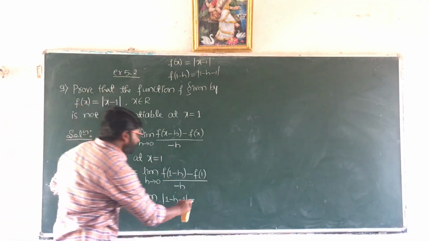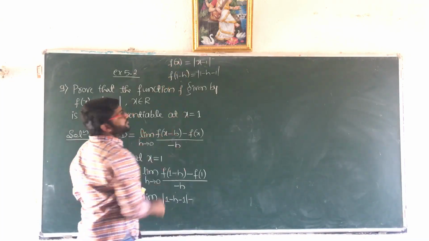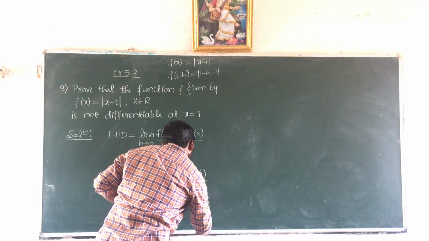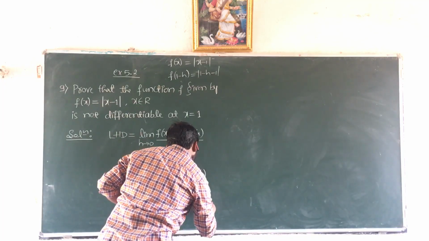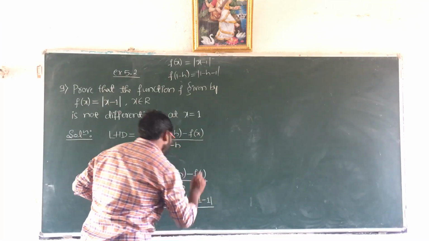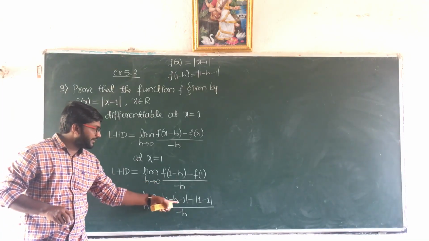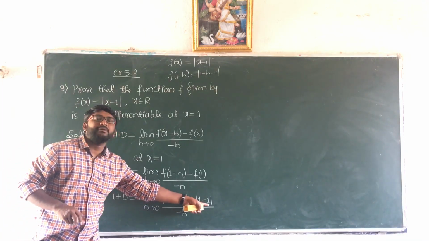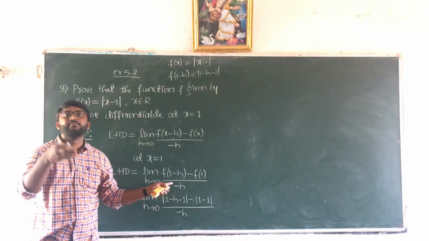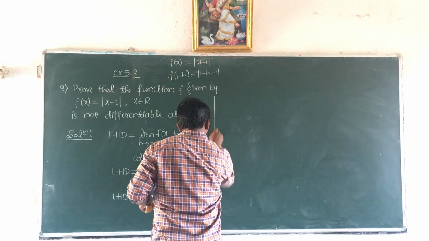then minus, what is f of 1 here? So now replace x by 1. So see here, f of 1. That means in place of x we have to write 1. So here we get mod 1 minus 1. This is f of 1, divided by minus h. So here plus 1 minus 1 gets cancelled. Here 1 minus 1 will be 0. So we get only mod minus h. What is mod minus h? It is plus h.